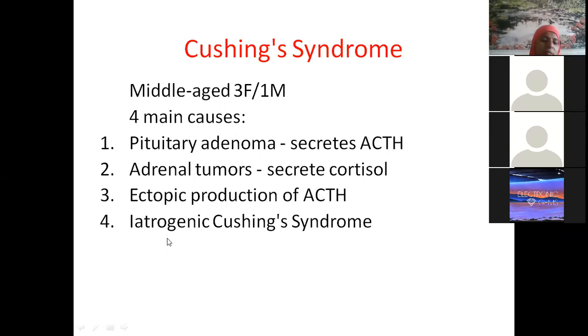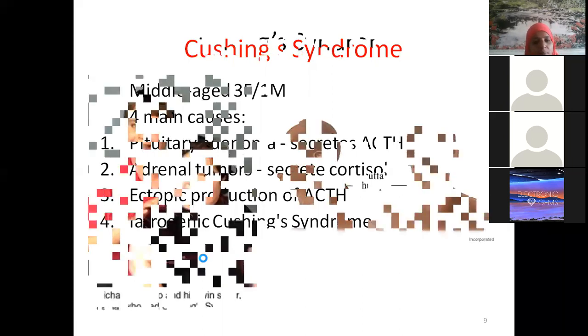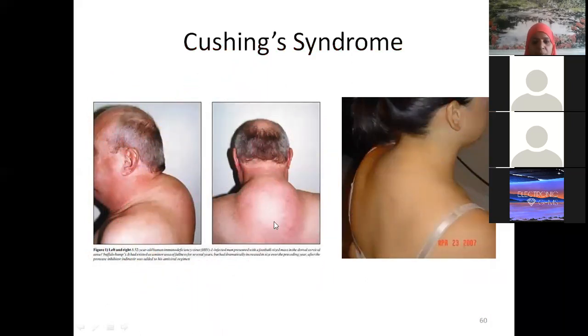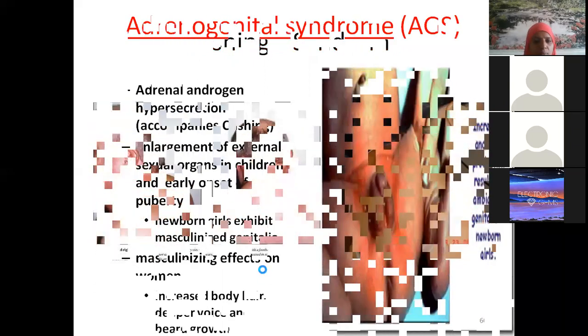Iatrogenic, in the sense, when the doctor has started treating a particular disease, sometimes due to the increase in cortisol levels, the person may suffer with Cushing syndrome. That's what physician induced is actually called, iatrogenic, doctor induced. Some medications, improper balance. You can see both the pictures here, twin sisters, how different. You can see moon face, buffalo hump. Such clear pictures we can see for buffalo hump in case of Cushing syndrome.